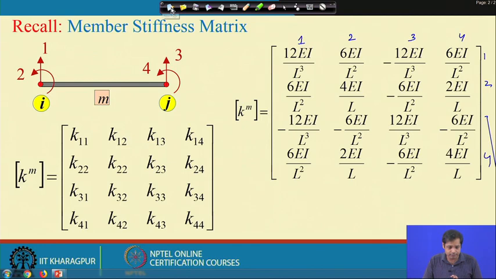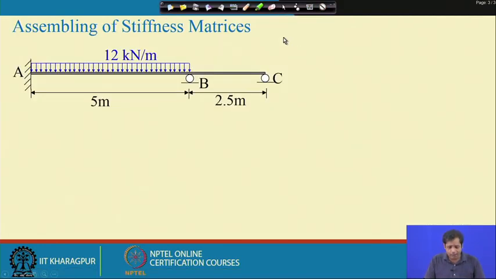Let us take an example first. We are not going to solve this example today. Instead, through this example, for the given problem, we will try to understand how to do the assembly. We have done this for the truss problem, and we just discussed the same exercise for the beam problem. Towards the end of this week, once we have discussed everything, we will take up this example and see how to solve it.